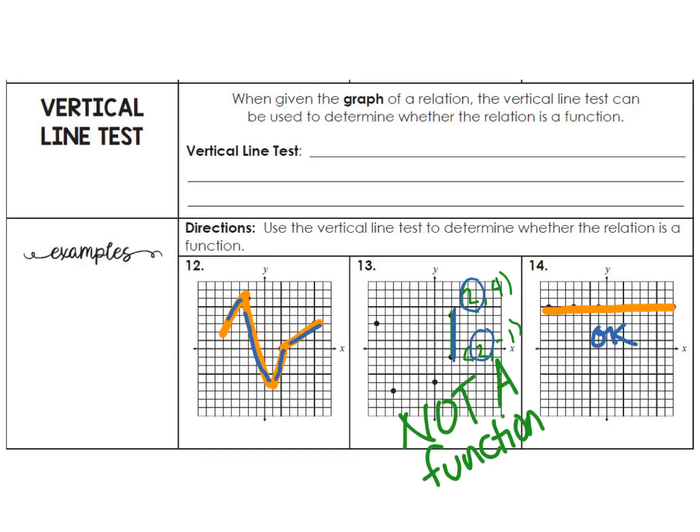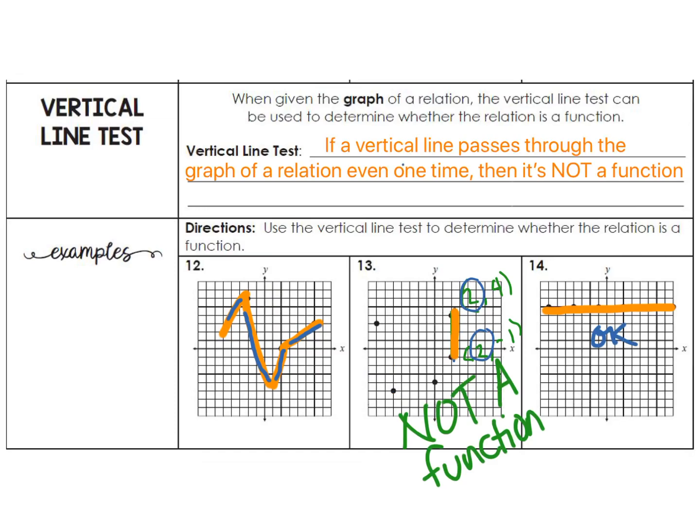So now let's go back up and we're going to define our vertical line test. So my definition says, if a vertical line passes through the graph of a relation even one time, and that's key,